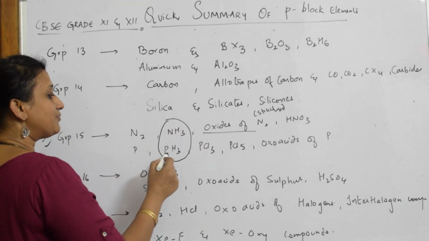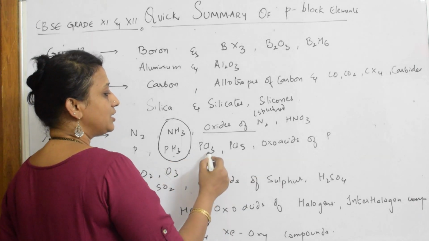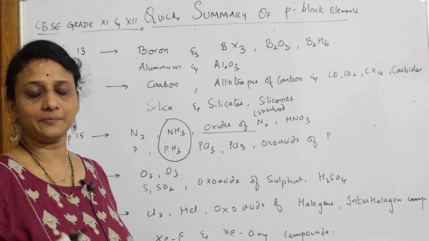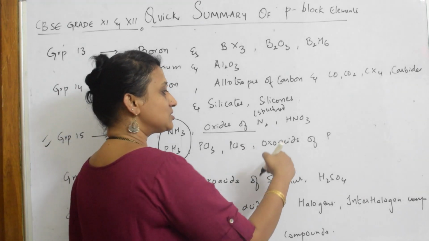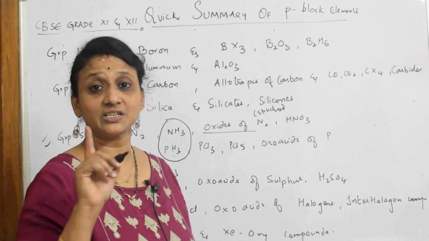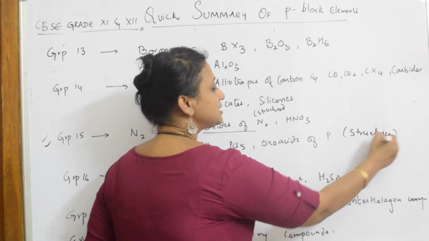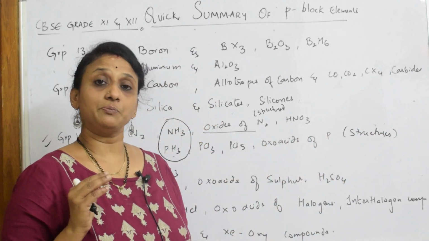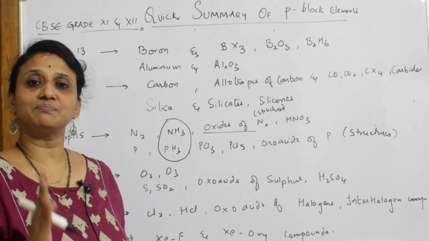Right. So after phosphine, I'll be teaching you about the properties or the reactions of phosphorus trihalide and pentahalide, PCl3 and PCl5. Now again, there are oxoacids of phosphorus. This is where again the structures are asked. Very important, compulsory. You need to study the structure of hypophosphorous acid, H3PO3, H3PO4. Like that, structures are compulsorily asked.